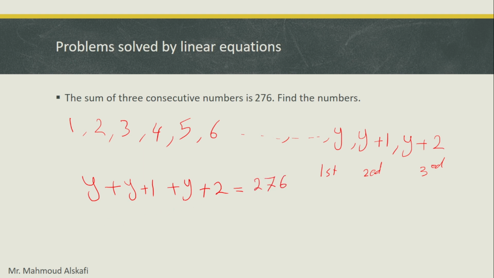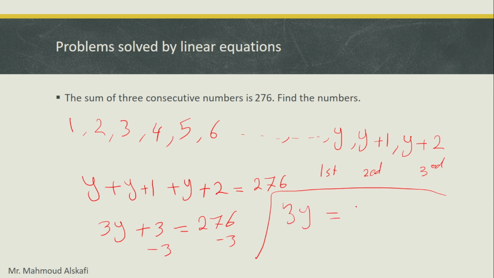And y plus y plus y gives 3y, plus 3 equals 276. So minus 3 from both sides, 3y equals